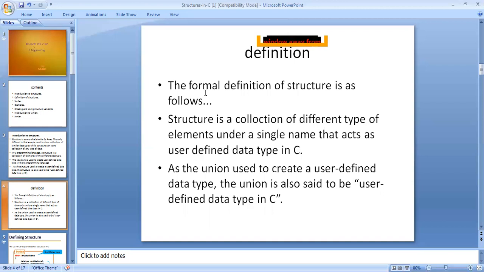One of the most important points is that in primitive data types or derived data types only one keyword is used, but in a structure in programming there are two keywords. One is the struct keyword and the other is the structure's name.